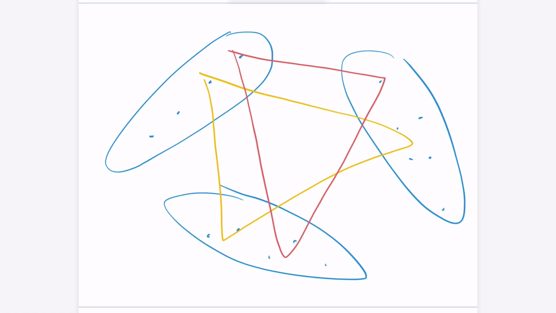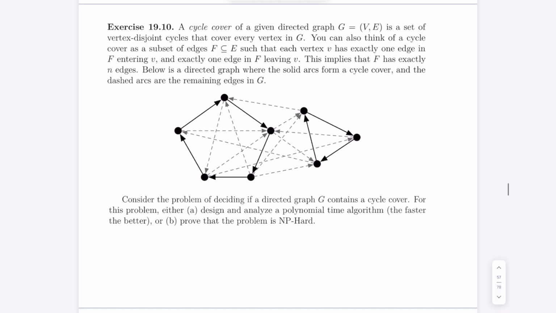All right, since that one went too fast, let me try another exercise then. This one is called cycle cover. So here, I give you a directed graph. And your goal